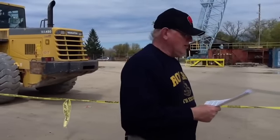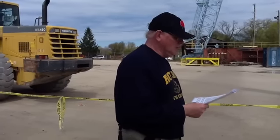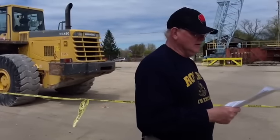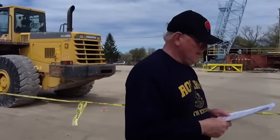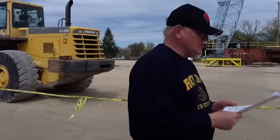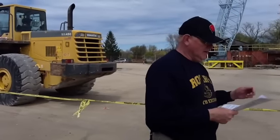This vessel, the Mary E. Turner, was originally built by Bay Ship back in 1982. I don't know why they changed the name, but at that time it was called the Errol Becker. And it's been in service for 30 years, operating out of Tampa, Florida. It was recently purchased by a company called Grand River Navigation, and it's going to be returned to be a Great Lakes